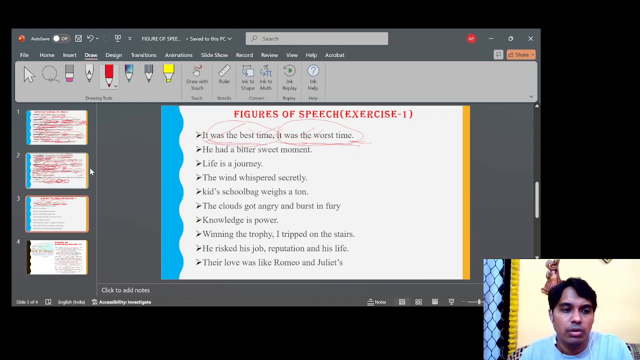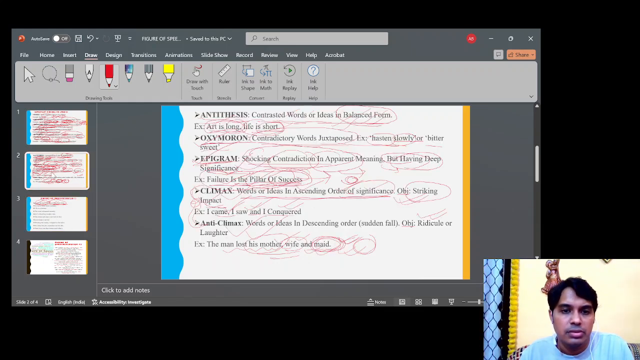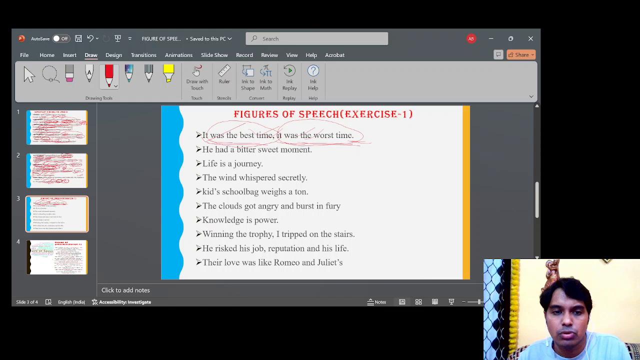Now let's come here, the first example. Antithesis, contrasted words or ideas in balanced form. So here also we find that it was the best time, it was the worst time. So these are contrasted ideas and it is in the balanced form. So chok kan bujhi amra bolte pari it is antithesis. Now next example